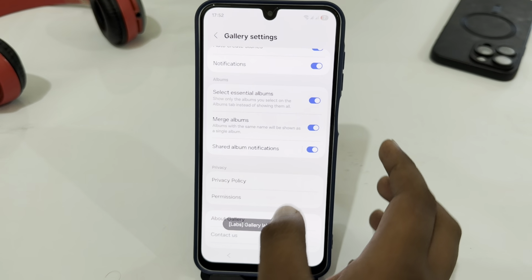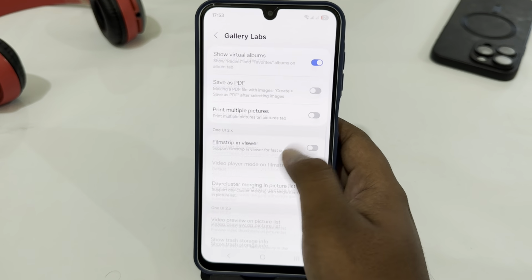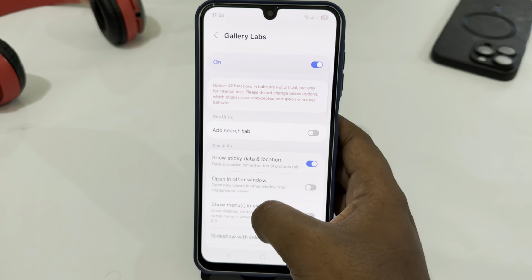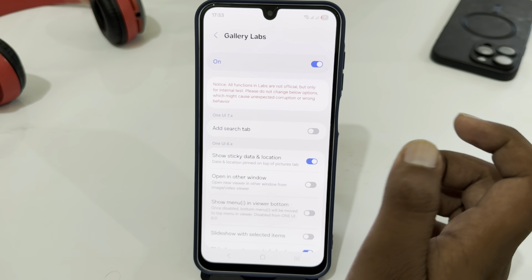Now go back and you'll get the gallery labs here. And here you can easily use gallery labs features. So that's how you can easily enable gallery lab in your Samsung